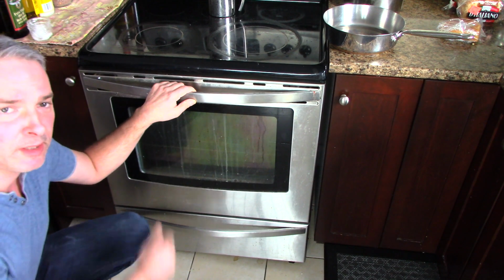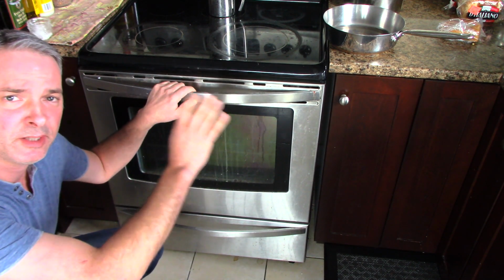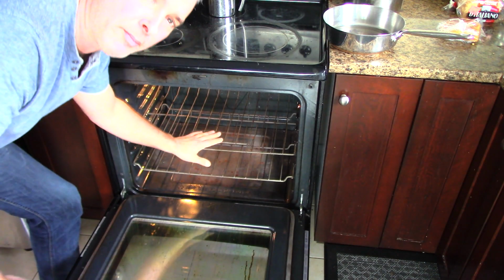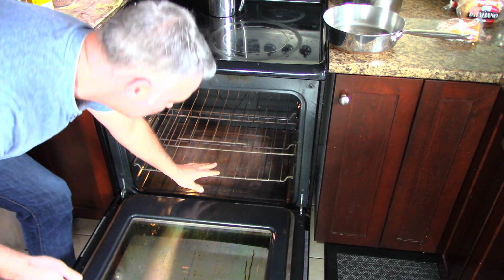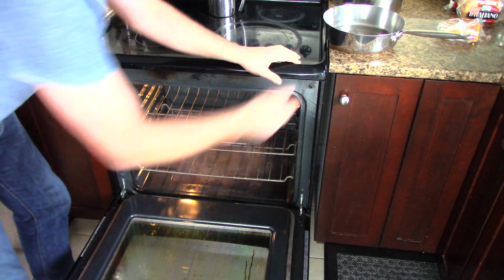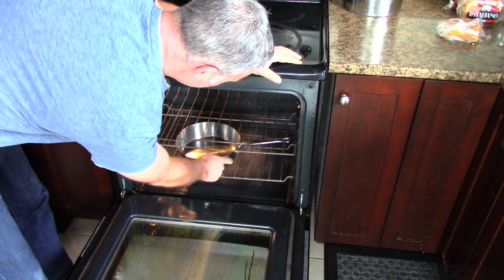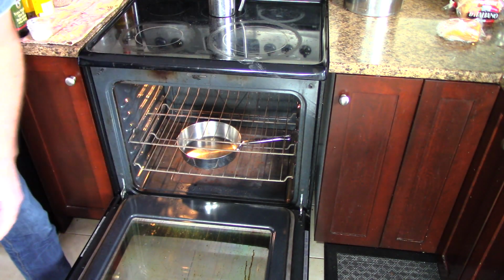Okay, so I got an oven here, and this is a cold oven. I haven't preheated this, haven't done anything. Cold oven. Open up the oven. I got one of my racks in the middle, one of my racks just one up from the bottom sort of thing. You're gonna put an empty pan, I like a stainless steel pan, in the bottom. You're gonna put your bread